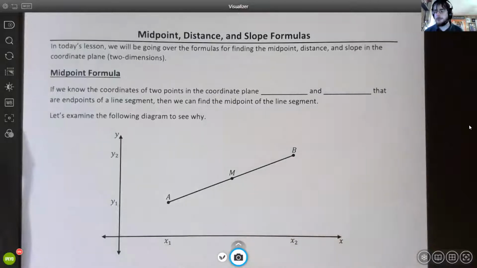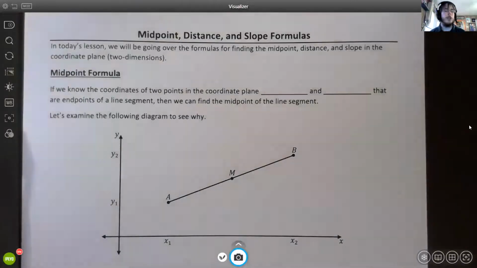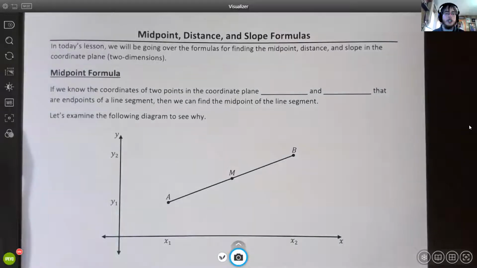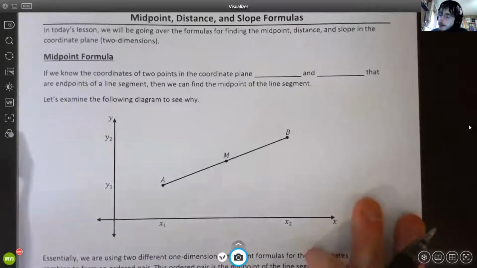In it, as the title says, we're going to be covering these formulas, but also how to find endpoints. And the slope formula is not just the slope formula, it's also finding it from equations and from graphs. So for the midpoint formula, if we know the coordinates of 2 points in the coordinate plane, and we